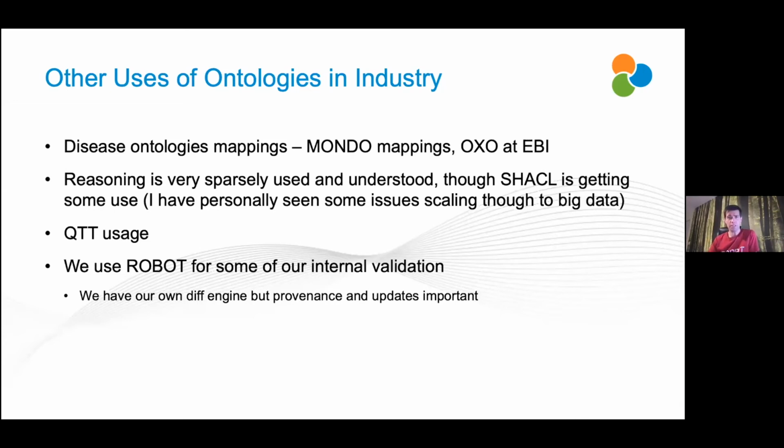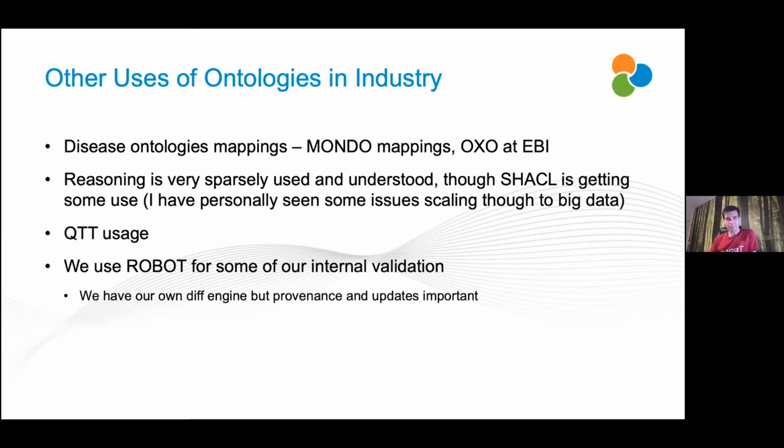I mentioned reasoning in the slide. It's very sparsely used, possibly because it's just not understood very well. We see a little bit of use of it, but interestingly, of very low concern. As I mentioned earlier, I think a lot of that is because the degree to which relationships, so object properties, are used is probably more limited. There'll probably come a point where, if they start adopting other class descriptions, this will become a bit more important. But at the minute, I would say very little use of that.